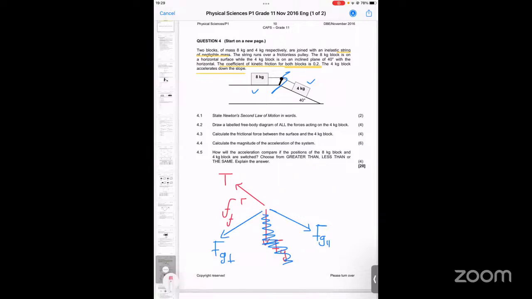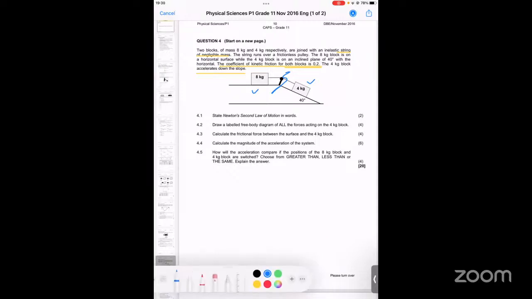Something that I want to make you aware of. Do you know what is the formula for frictional force? Yes, sir. It's the coefficient times the N, sir. Yes, times the normal force. And do you know the formula for the normal force? Yes, sir. It's the mass times the gravitational force, sir. So 9.8, sir. Okay, so